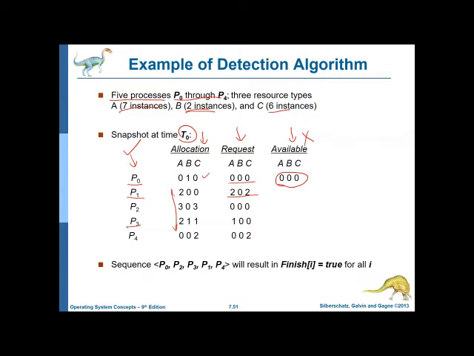What has already been allocated? Just sum it up. Here A is not given. Here 2 instances of A, 3 instances of A, and 2 instances of A. So 2 plus 3 plus 2, a total of 7 has been already allocated. And for B, 1 here and 1 here, so a total of 2 has already been allocated. Whereas for C, a 3, a 1, and a 2, that is totally 6 instances has already been allocated. Now you can see this is the same as this, and this.